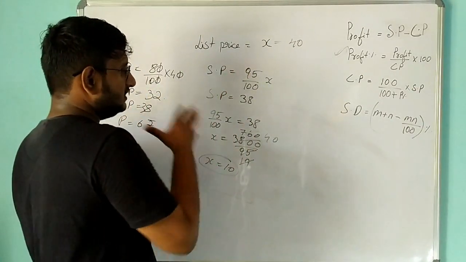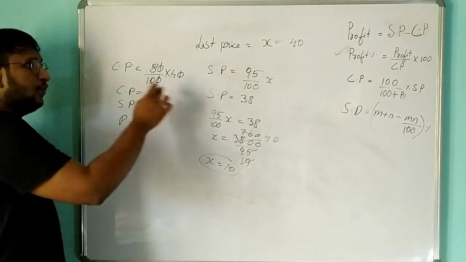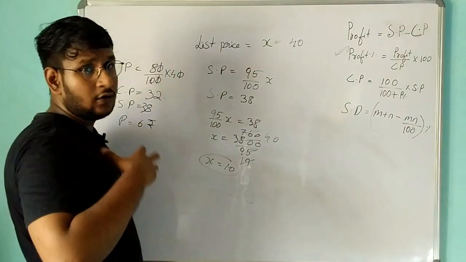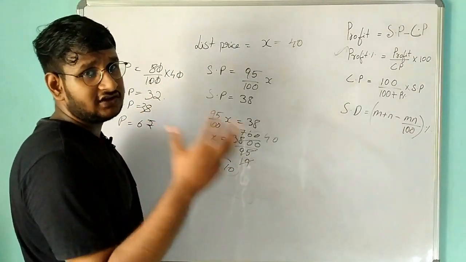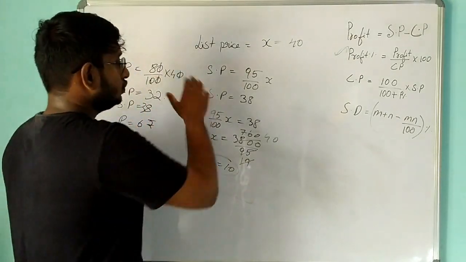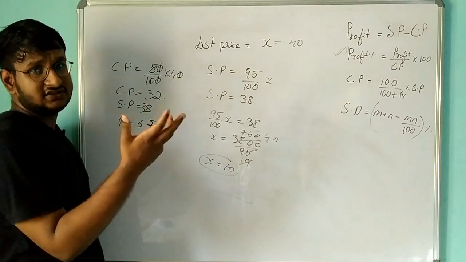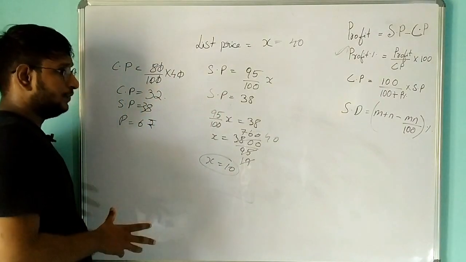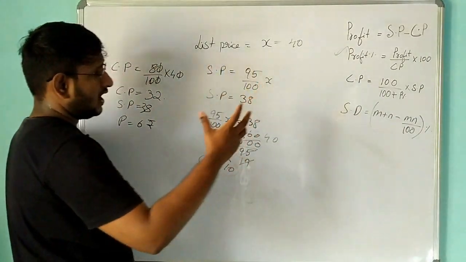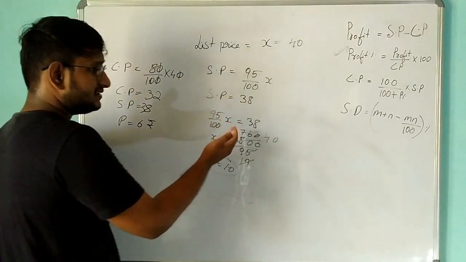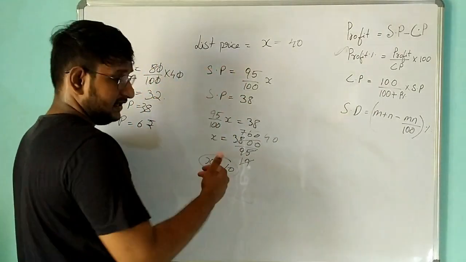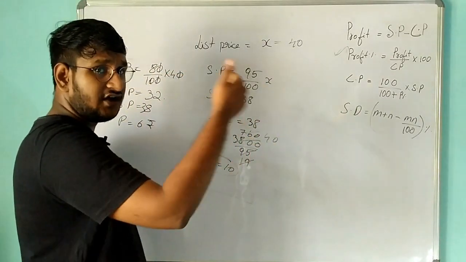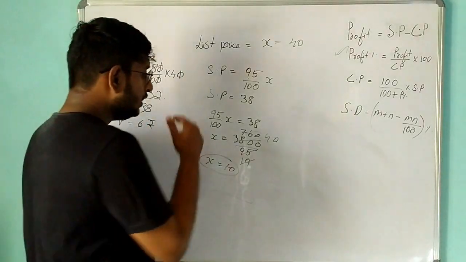What we have done here is a simple thing, but we need to keep in mind this part, that is 80% of the list price. The wholesaler is discounting 20% for the retailer from the listed price. The listed price is 40, so 80% of 40 is the cost price of the retailer, and he sells for 38 rupees. We start from the selling price, 38 rupees, and get the list price. Then we go into the cost price. We are not directly jumping into the cost price. First we find the list price, and then we go into the cost price.